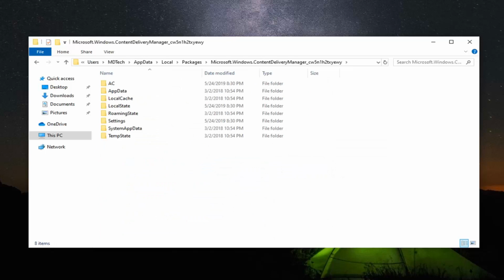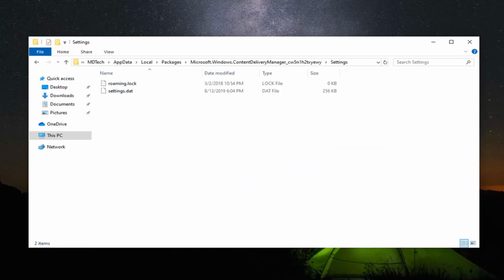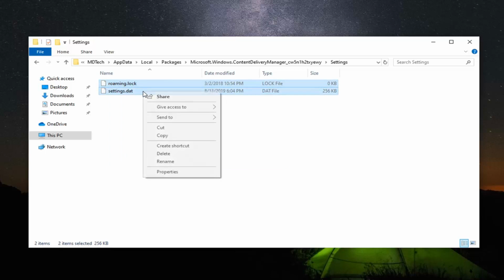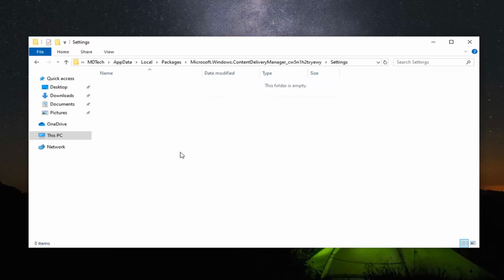Now that you are in here, you want to double click on the Settings folder, so double click on that. Now there should be two items in here, so highlight both of them and then select the Delete key on your keyboard, or right click and delete, whatever you prefer, it's fine with me. And now that you've done that, you should be able to close out of here and relaunch the Spotlight features